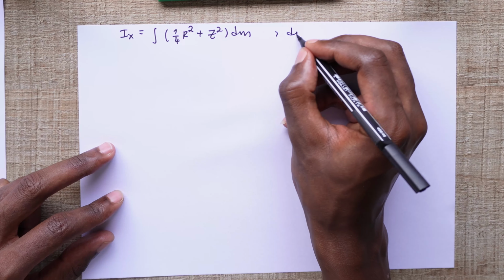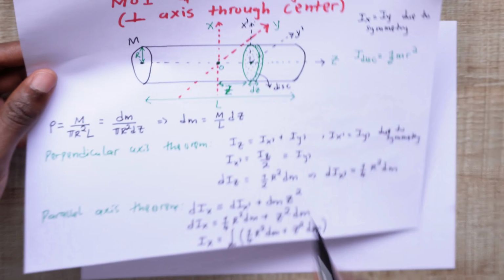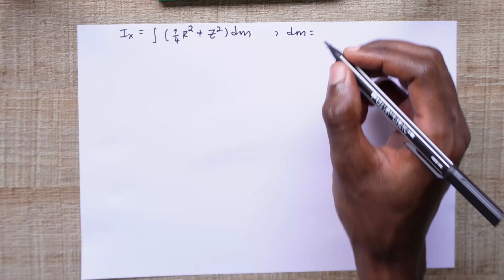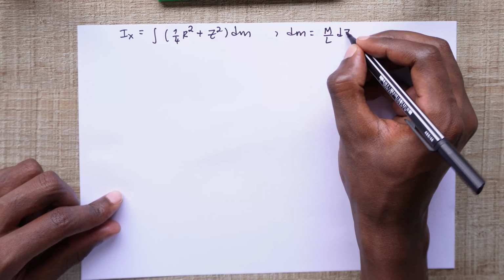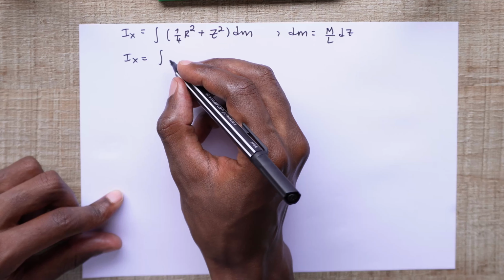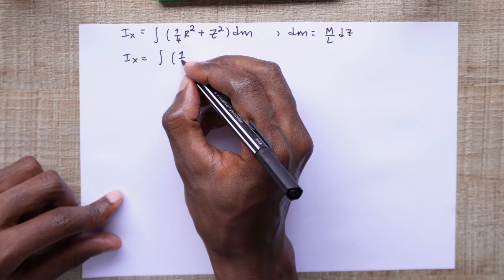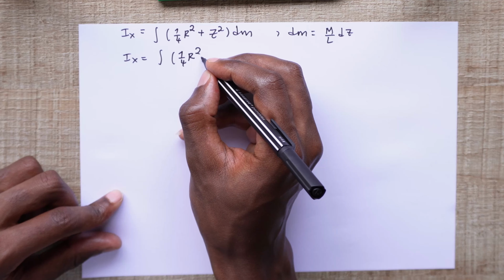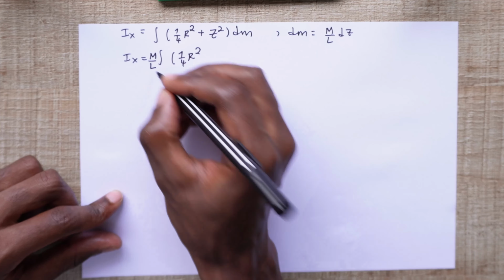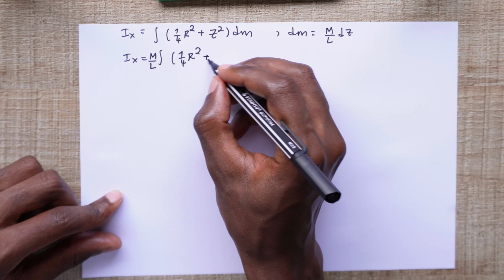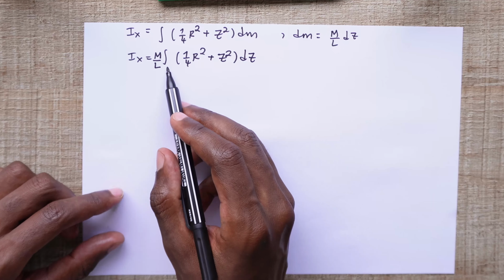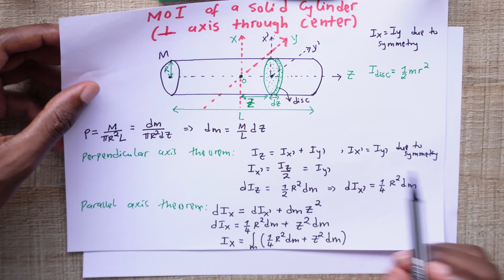But then if you recall dm, we know its expression. So dm is just capital M over capital L times dz. We can replace that here. We're going to have Ix as the integral of 1/4 r squared. I can put the constant outside of the integral, so M over L times 1/4 r squared plus z squared, then dz. And then the bounds,